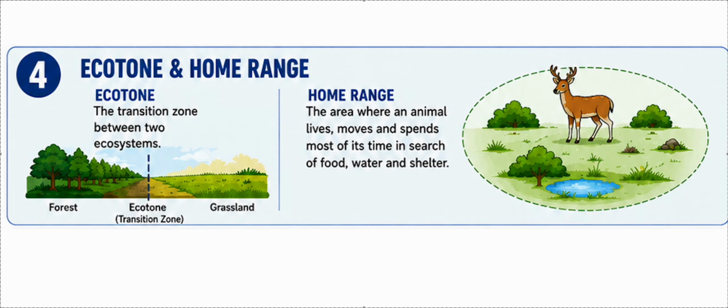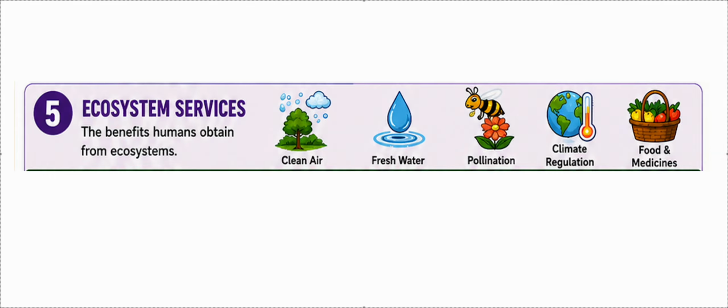Okay, the common doubt is that home range is not equal to territory. Home range may overlap with others, but territory is defended aggressively by the particular species. Okay. There was a previous question. State PSCs have asked the difference between territory and home range. So remember that. So next is ecosystem services. Nature gives us free services. These are called ecosystem services.